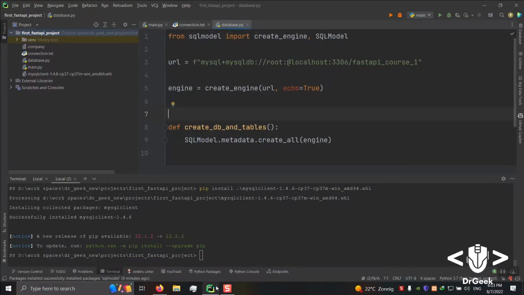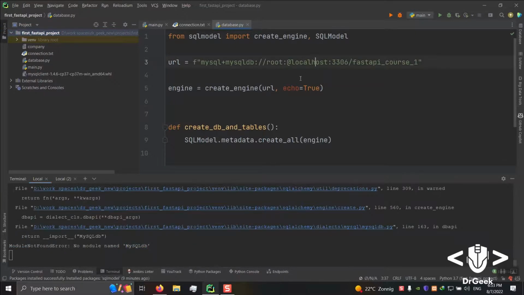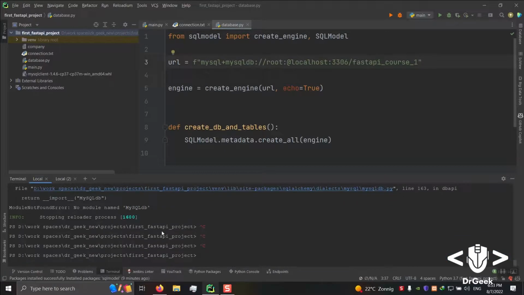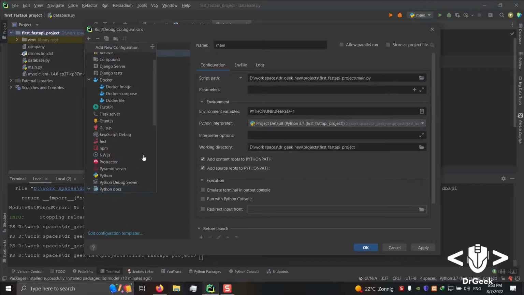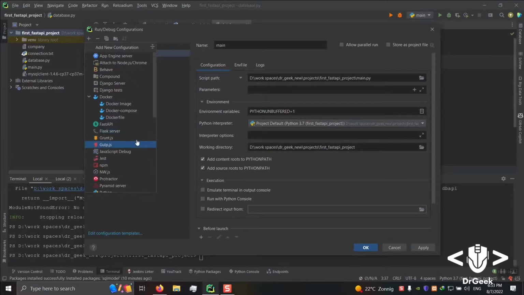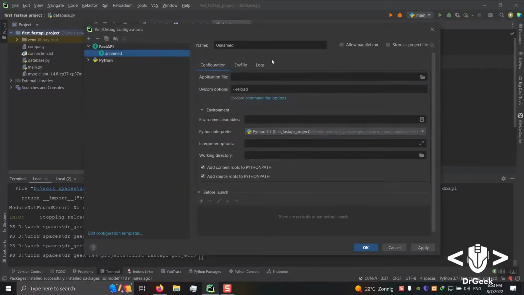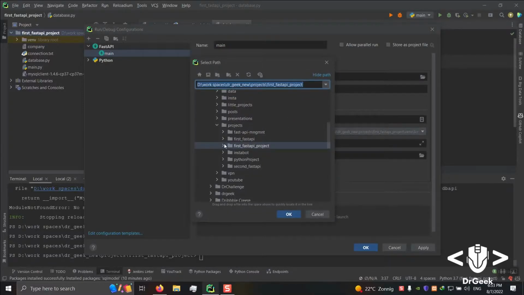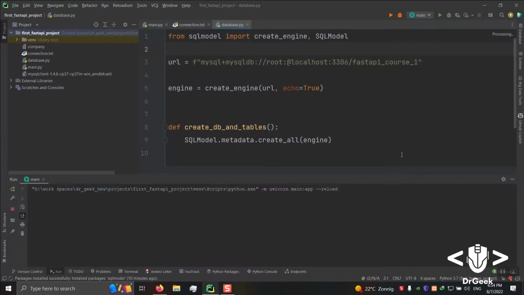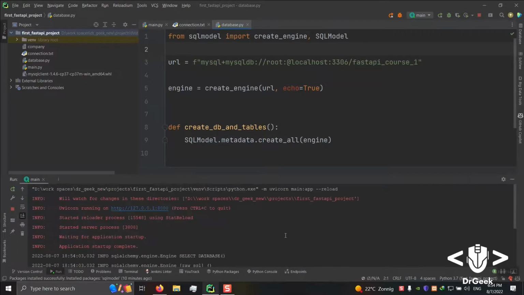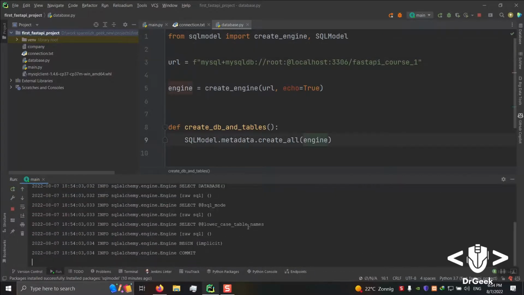Anyway, let me see if everything is running. And by the way, I don't like to use this method of running the project anymore. I would like to set up our own way of doing this. Okay, let's add a FastAPI way of running things. Gonna name it main, and I am going to assign the main file to it. Let's see if this works. No problem, and it actually worked. Seems like we have already connected to our database.